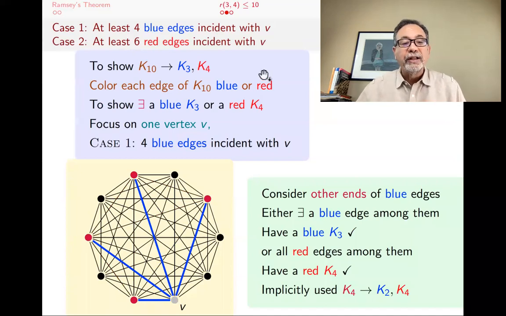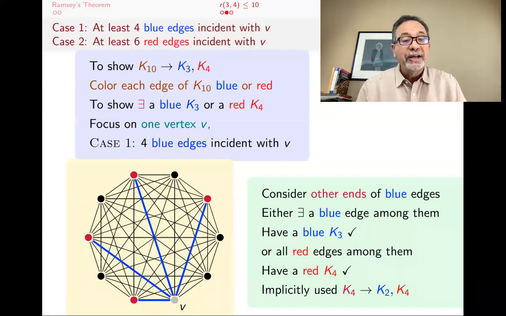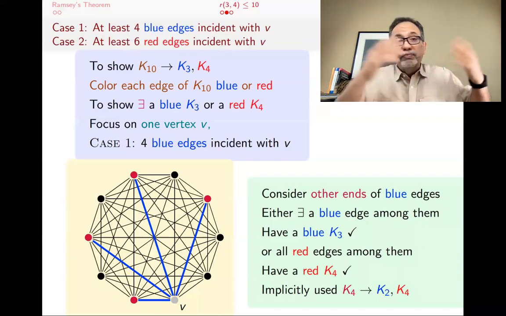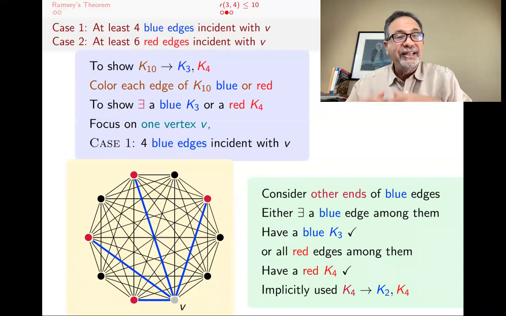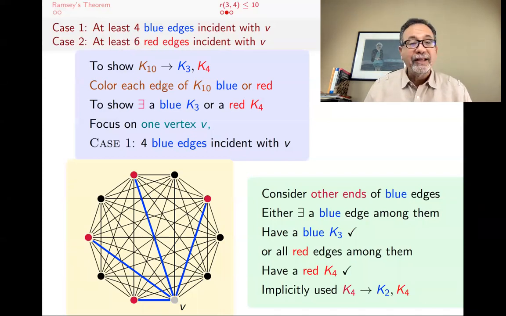How did I use that? Well, I had a K4 because these other ends, there were 4 vertices, and all their edges were connected, and those edges were colored with 2 colors, but it was a K4. And because K4 arrows to K2 or K4, blue K2 or a red K4, I knew that among those there was going to be a blue K2, which together with V then would give me the blue K3, or a red K4, which itself was good enough. So I didn't explicitly use that here. I will for the next case, but I was using this prior case, this easier case. Now let's go to the